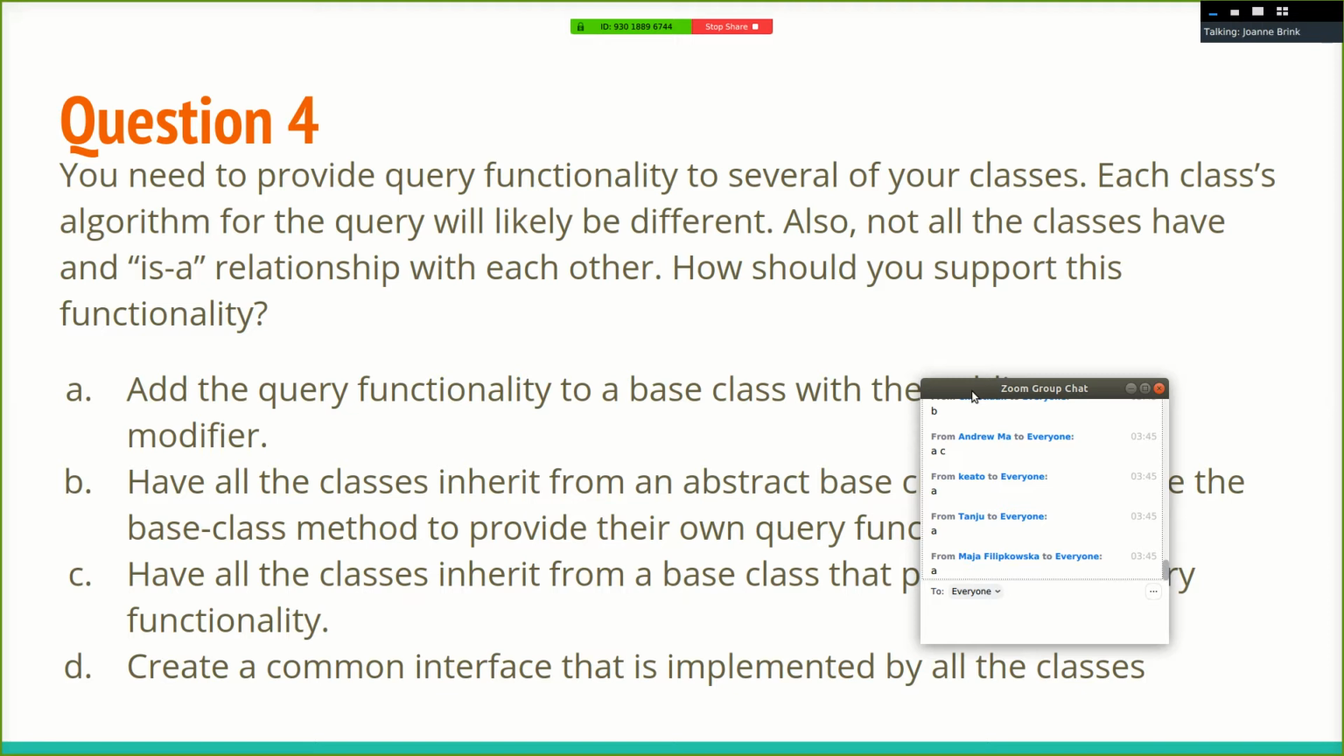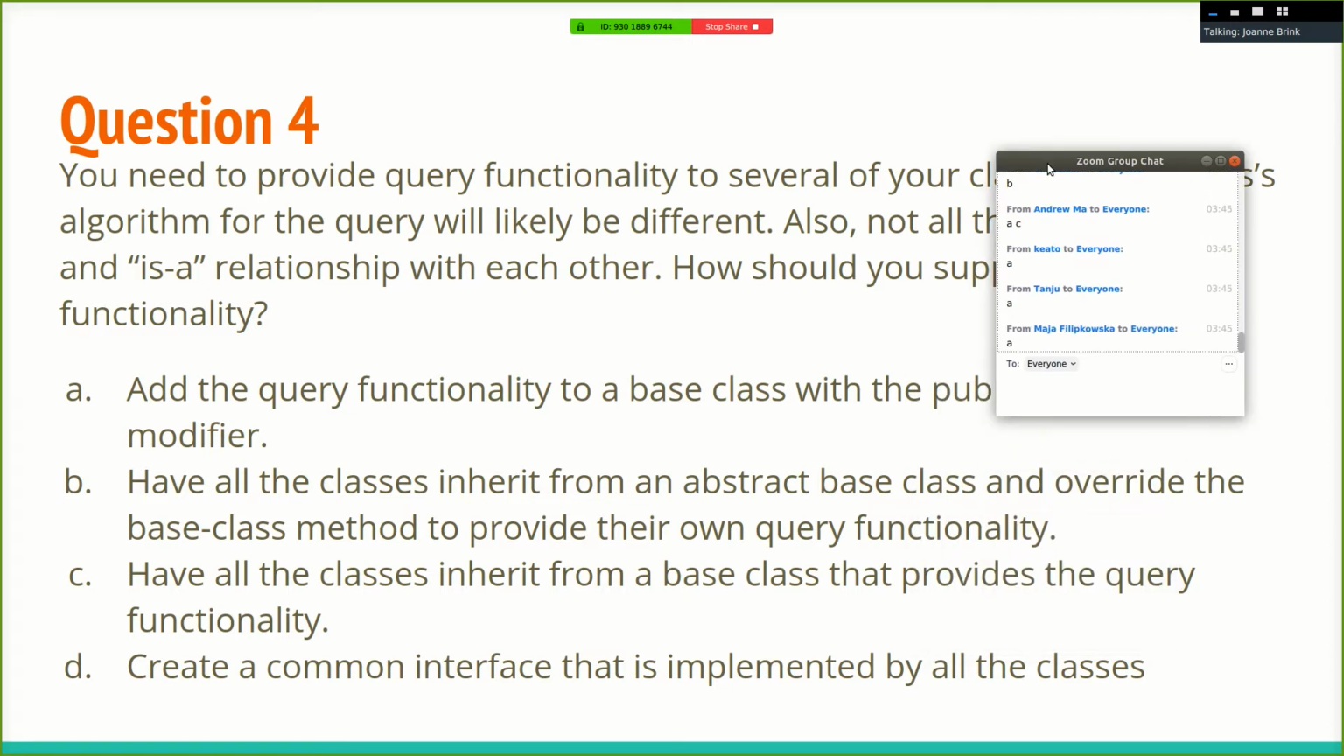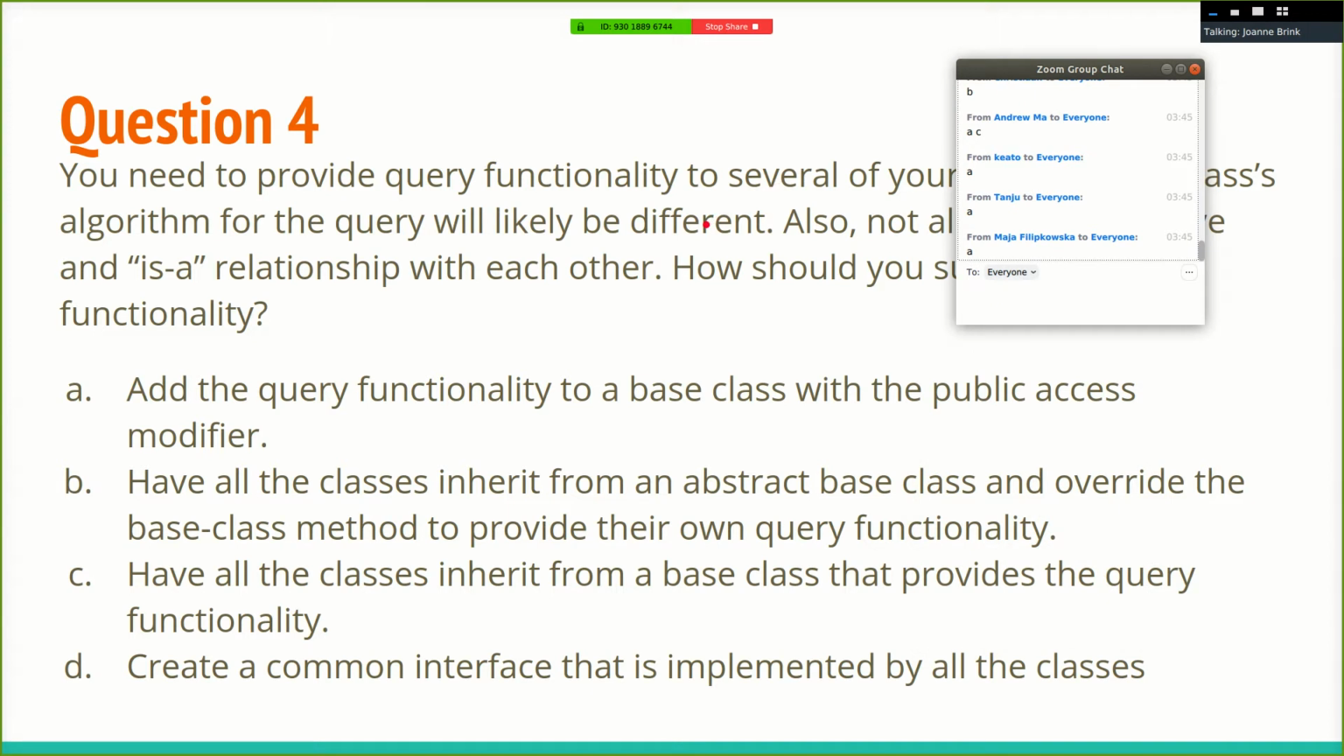Okay, not all the classes have an is-a relationship with each other. How should you support this functionality? Okay, so there's a few possible answers here. They say, add the query functionality to a base class with the public access modifier. All right, so